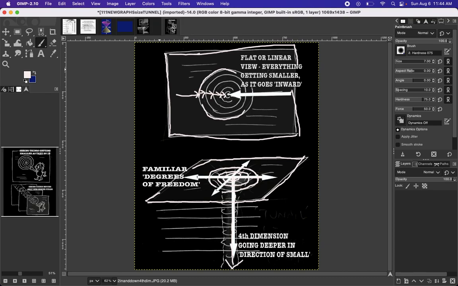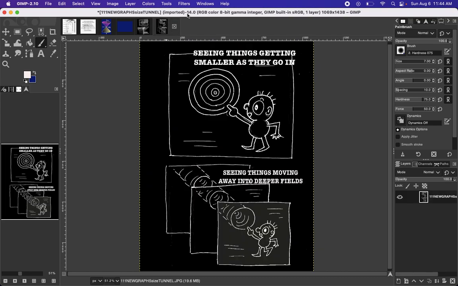I did want to quickly show this other cuter image where I use a little person, and this person living in a flat two-dimensional field is pointing at an object and thinking that it goes in smaller and smaller and smaller. But if they shift their perspective, you could also look at this as a tunnel leading inward in a direction that is outside of that 2D field.